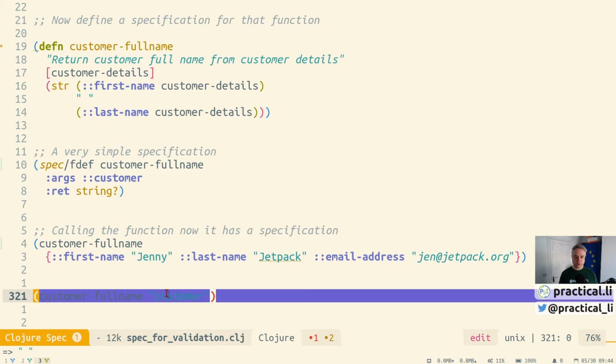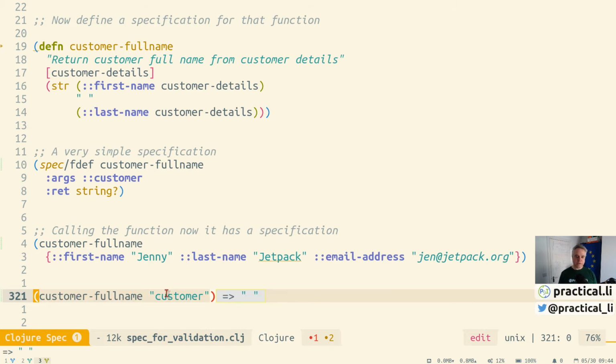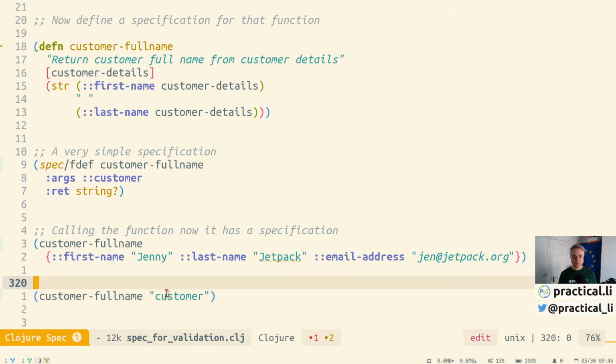However, when we call it with bad data, it's actually still returning something. It's not failing. So we have to do something else. We have to instrument, or run generative testing on this in order to get it to fail, and we'll come to that in a moment. But one thing this does